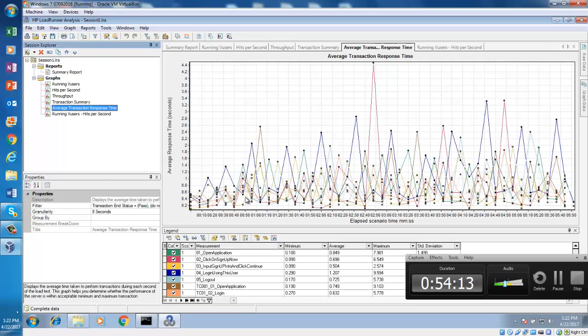Now you can merge graphs in that way, and if you take a look at the response time, can you see in the beginning the users were ramping up, and then when all the users are ramped up, the pressure on the application is a little bit high. When all the users ramped up, pressure is high, more users, so then from there the response time is stable. So the purpose was how you can merge graphs, right? Sometimes you need to have a comparative discussion. You need to merge graphs, and in that way you can merge graphs.